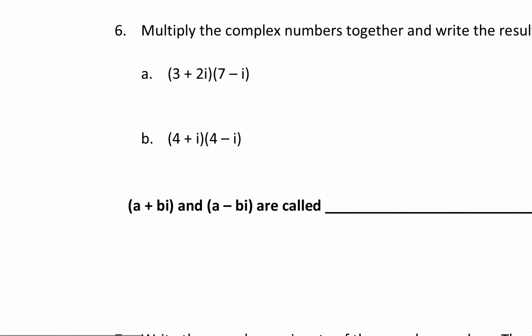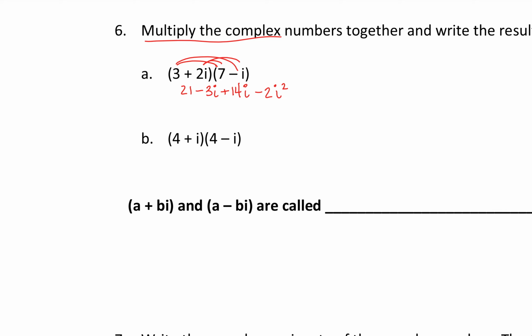All right, for 6, we're multiplying our complex numbers. This means that I'm going to have to do exactly like I did for any other binomial. I'm just paying attention to my i's. So first one, I multiply 3 times 7, which is 21. 3 times a negative i is minus 3i. Then I'm going to multiply 2i and 7 to get positive 14i. And then 2i times minus i should get a negative